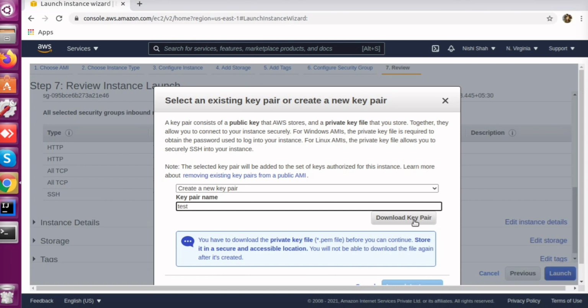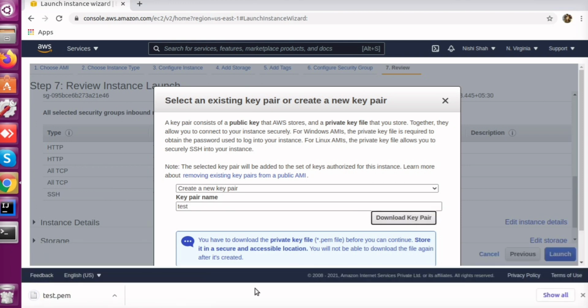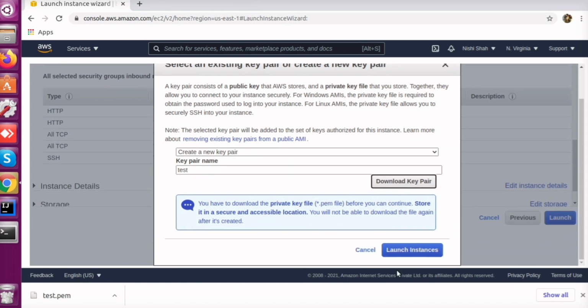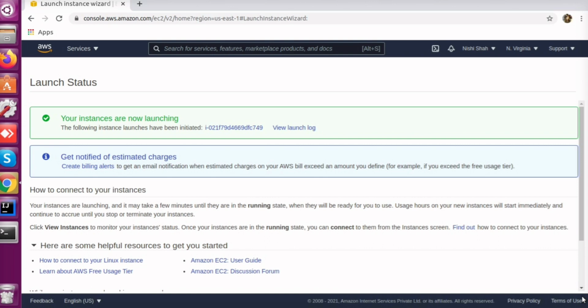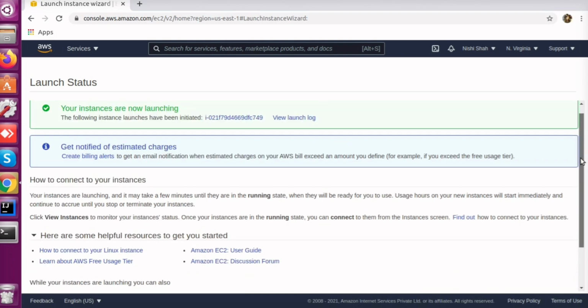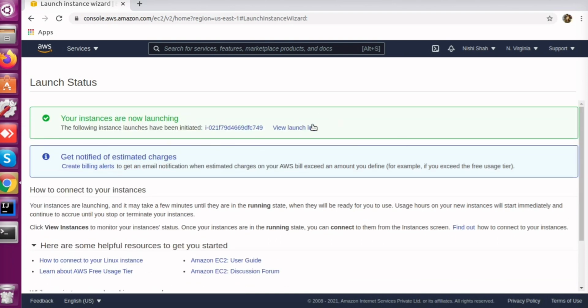Okay, then I need to download the key pair. One permission file will be downloaded, and then you need to use that file for connecting to this instance. So I'm launching it, and now you can see our instance is launched.